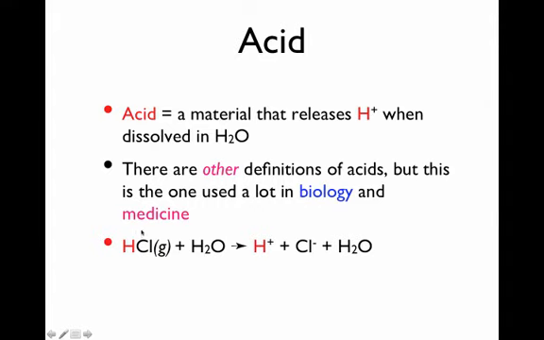Here's an example. This material over here, HCl, is hydrochloric acid. Hydrochloric acid is a gas. Don't worry about the G here. That's not super important. But I have highlighted this hydrogen atom in red. If you mix this material with water, the H and the Cl will disconnect from each other, and you will form H+, you will form Cl-, and you'll still have water running around in your liquid. Because HCl, when you mix it with water, can disconnect into H+ and Cl-,